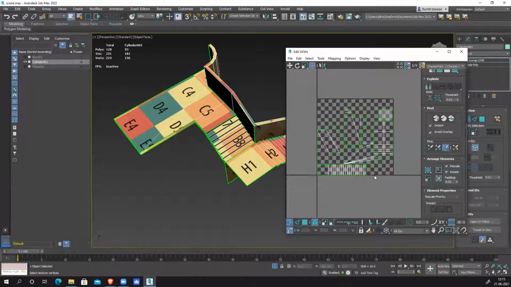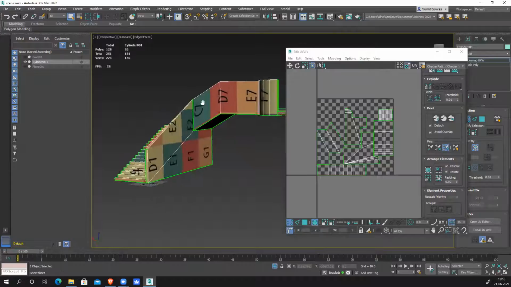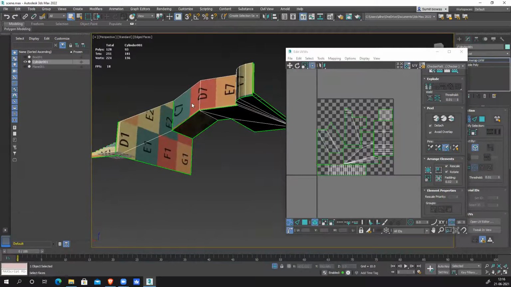It fits everything here nicely, but I still have a lot of empty space. So that is not correct, because wastage of UV is not at all okay. It's wrong. So wastage of UV, to make sure how you can fix it and clean everything.